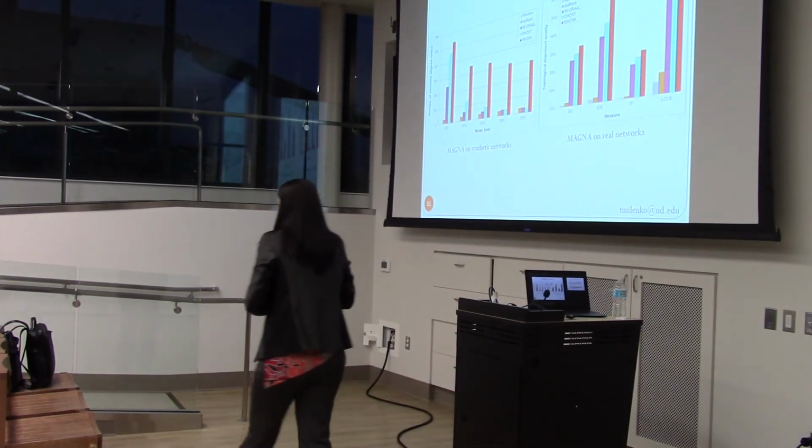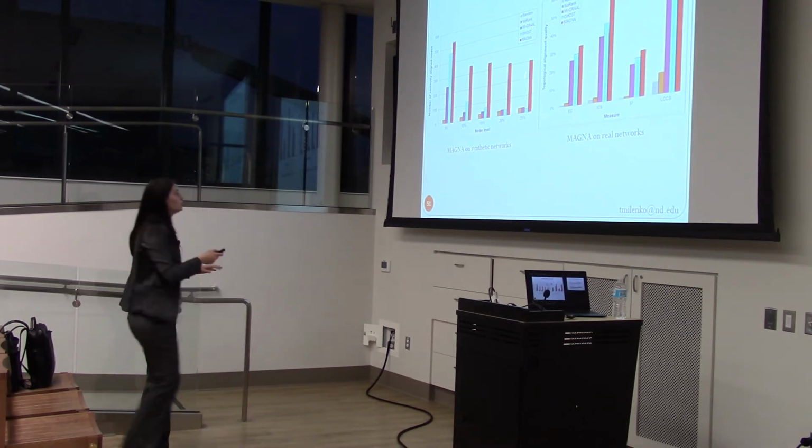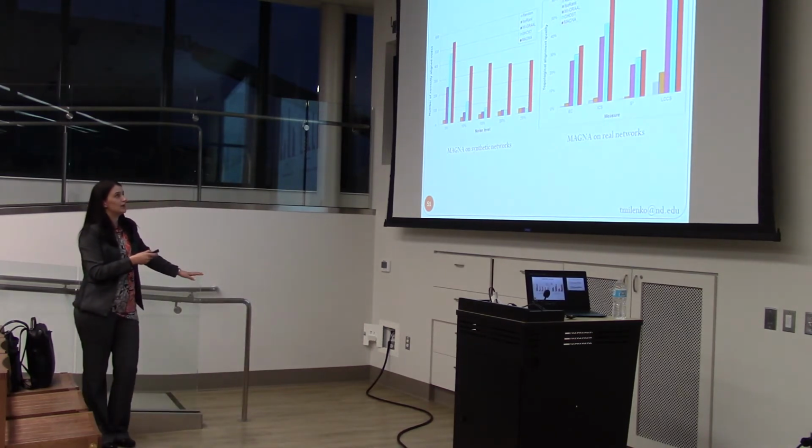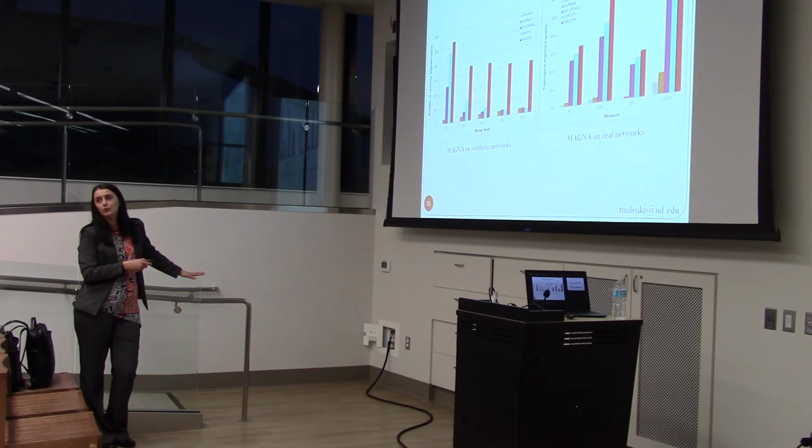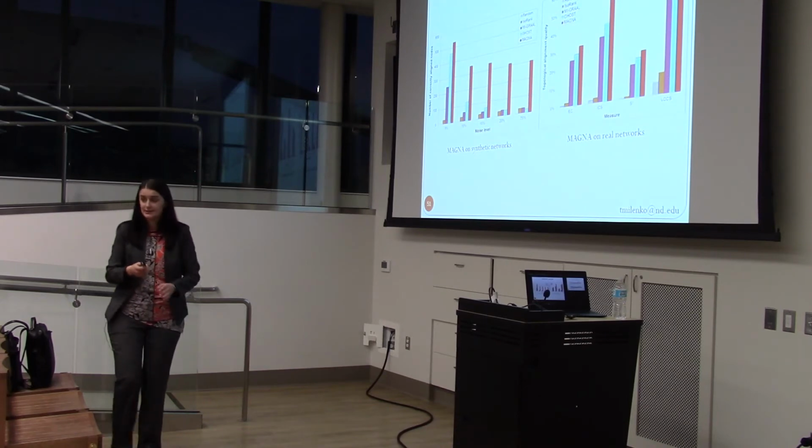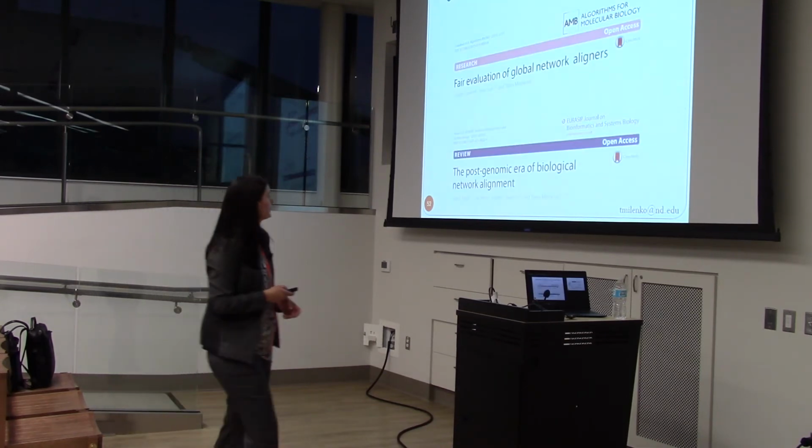And just to illustrate the accuracy of our approach, which is shown in red, compared to state-of-the-art approaches, and note that this was a paper from 2014, so we have newer methods, but this is still just for illustration purposes. The height of the bar is accuracy. These are results for synthetic and real networks. Synthetic meaning we know the answer. We always test first, and when we know the answer, how accurate we are. Here we don't know the answer, so we have approximate measures. The higher the bar, the better the method, and we beat all the methods we tested against. They were state-of-the-art at the time.